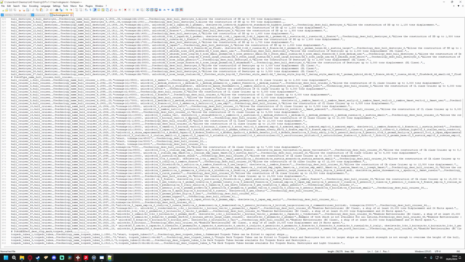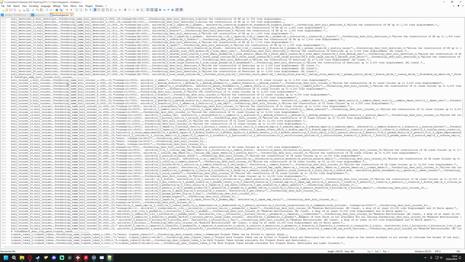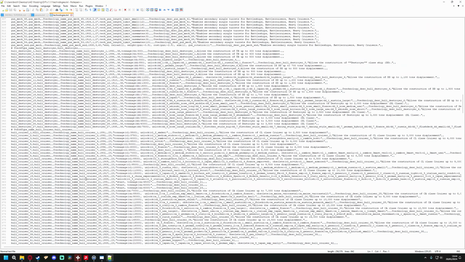One of the common things that I get asked about is, hey, could you do a version of your mod where things don't become obsolete? And I could, it's just that maintaining multiple versions of a mod is adding an awful lot of extra work for very little gain, from my point of view. But this is the Hull Cruiser Unlocks, and